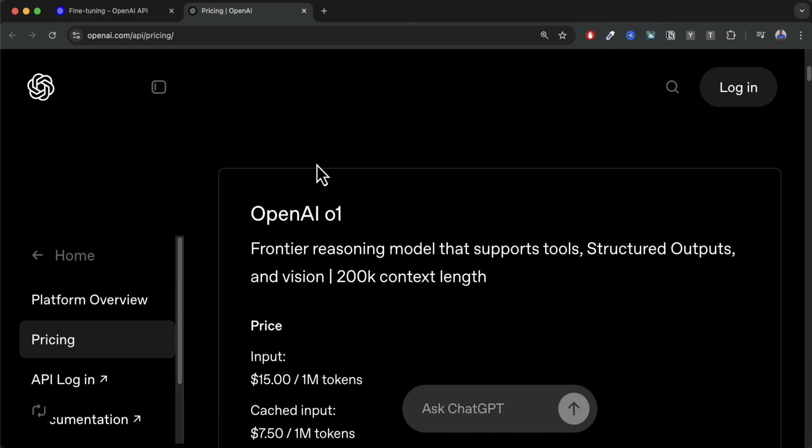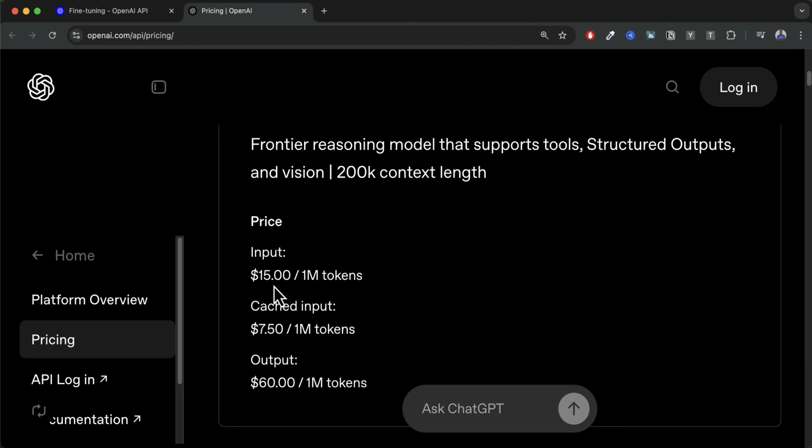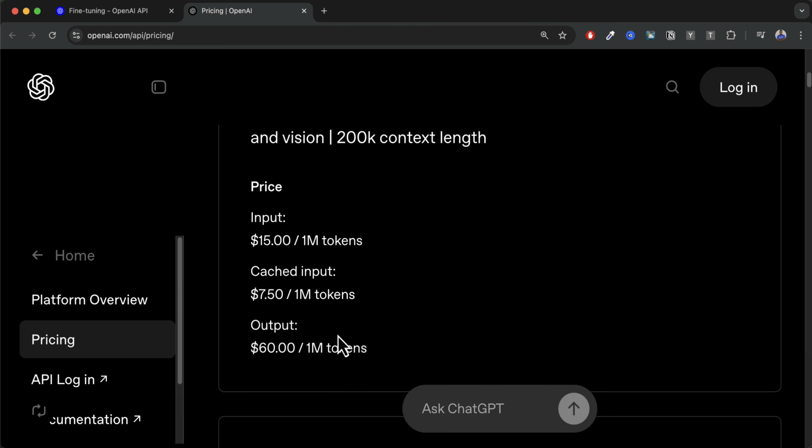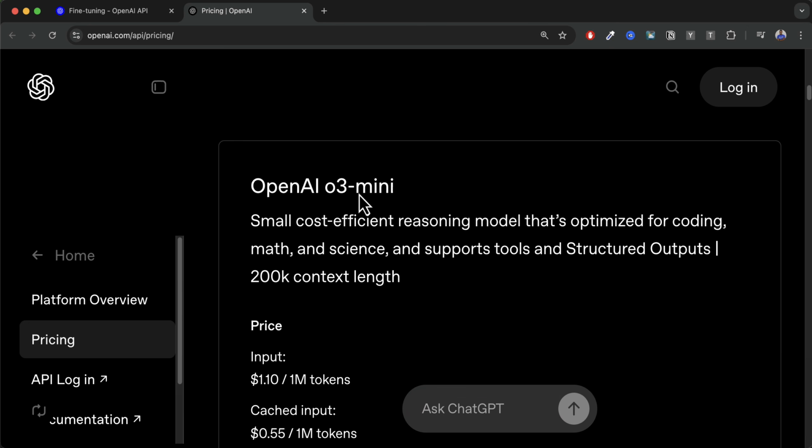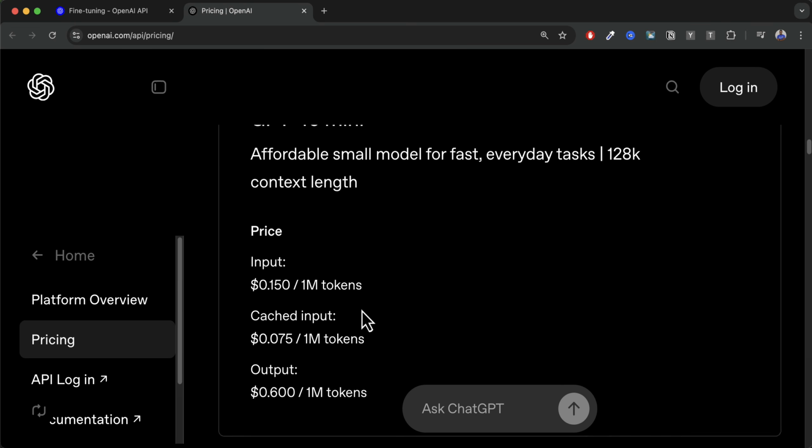As we're recording this video, this is one of the models they have among many. You can see that the price for input is $15 for 1 million tokens. So you can do the math and have output for OpenAI O3 mini and so forth. So let me find, at the bottom here,